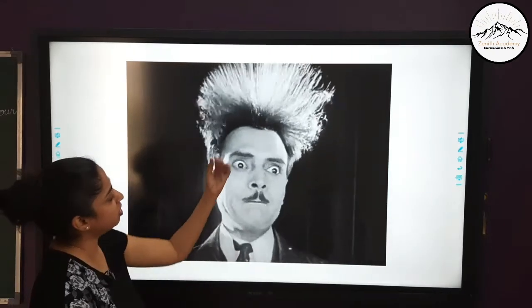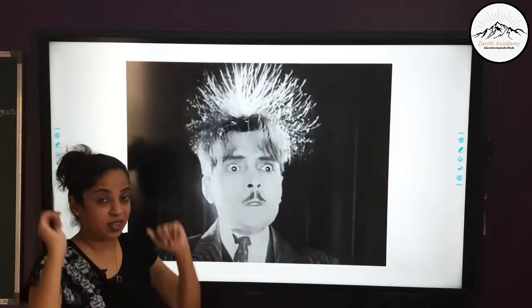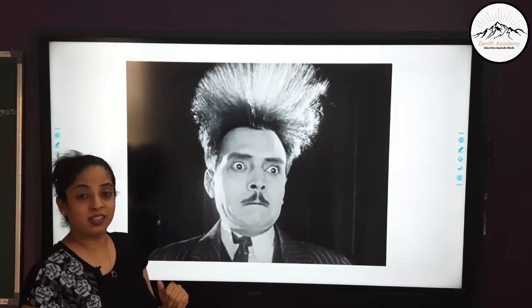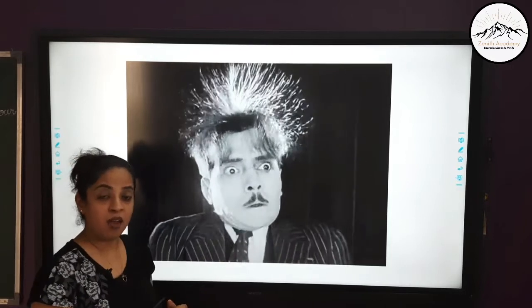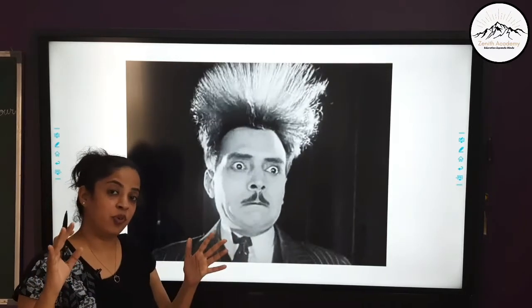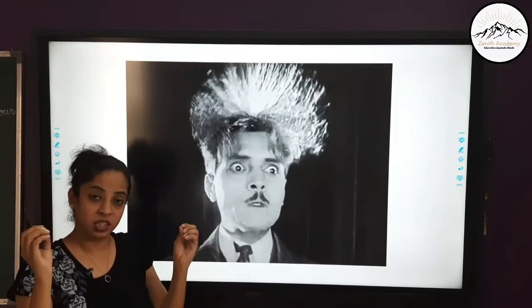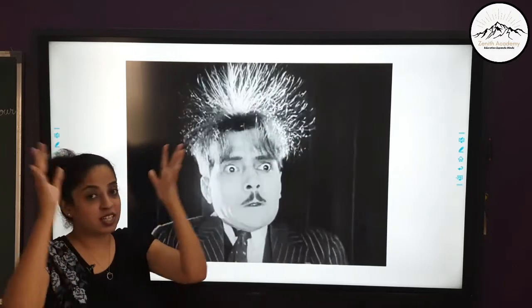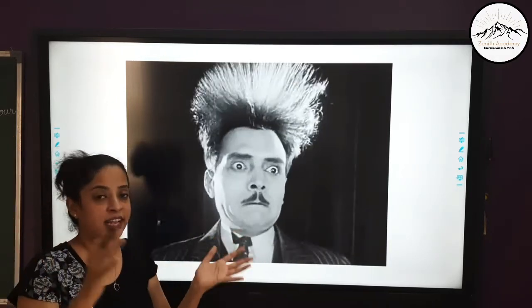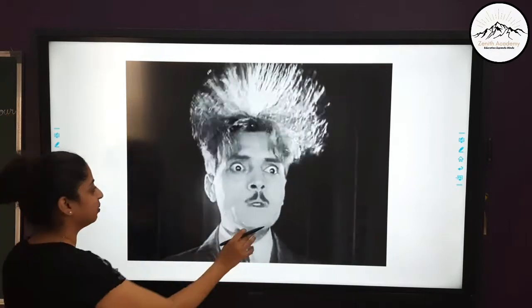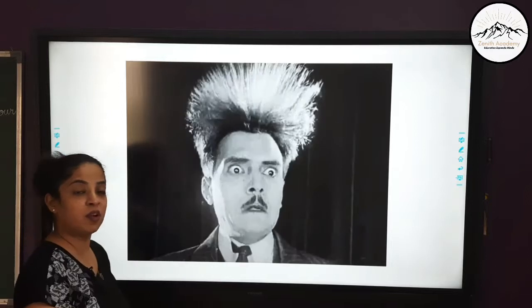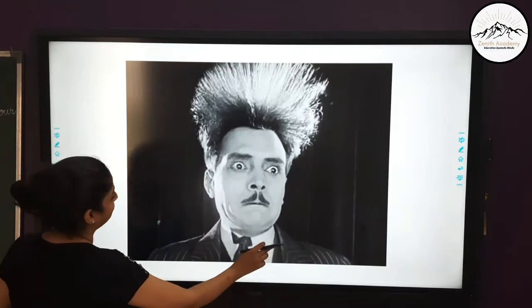Now can you see this man? His hair has raised. Okay. So what is the reason behind this? Now his head and the hair have gained the same charge. For example, all of them have become positively charged, because of which there is a repulsion. We all know that like charges repel, so there is a repulsion, and that is why the hair is standing like this. So these all are the effects of static electricity.